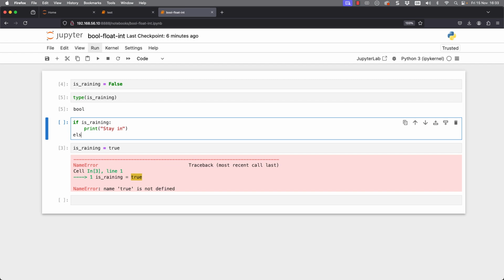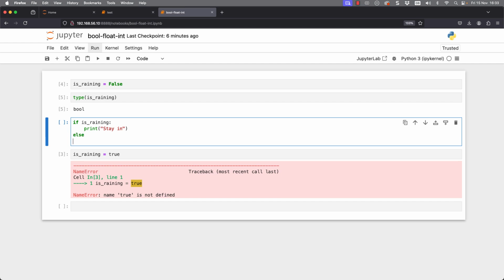We can then build in a conditional statement, else. Now let's miss out the colon here. We know we should have a colon, but see what the code reports back to us. We can then say, well, look, if it is not raining, we can go out. Else is great for us here because we only have two conditions to test for.